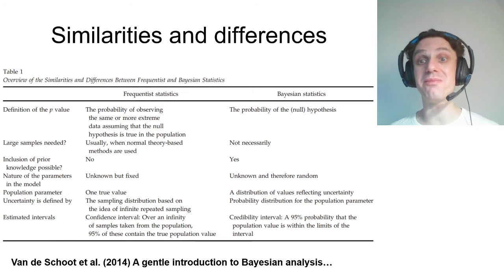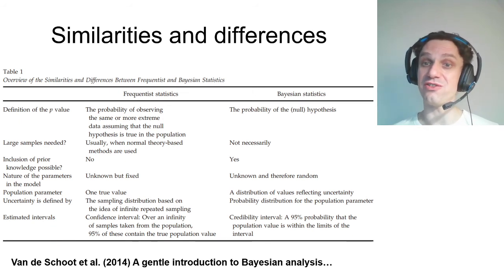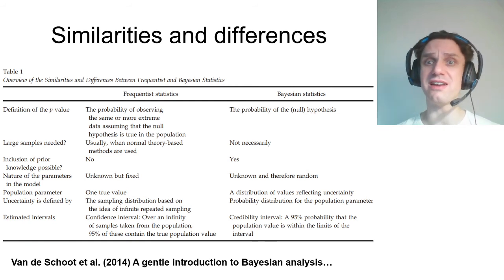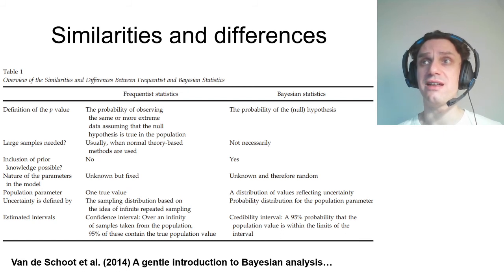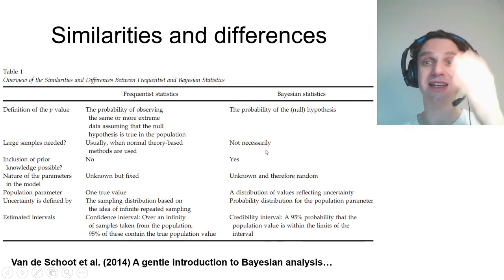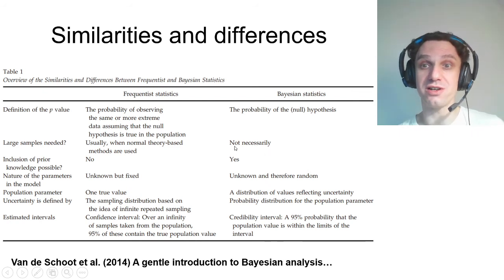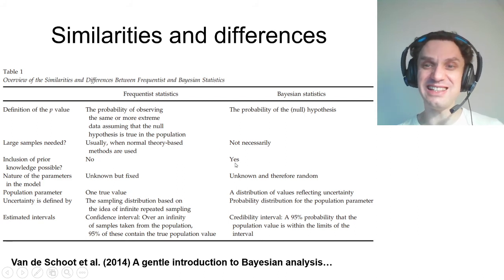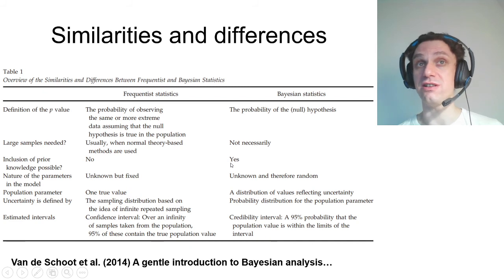However, in very small samples, our estimates based on normal theory are very unstable, and our conclusions based on normal theory are not so strong. Bayesian statistics don't make any distributional assumptions whatsoever. That's why in small samples, Bayesian statistics work much better. And also, Bayesian statistics make it easier to incorporate prior knowledge.